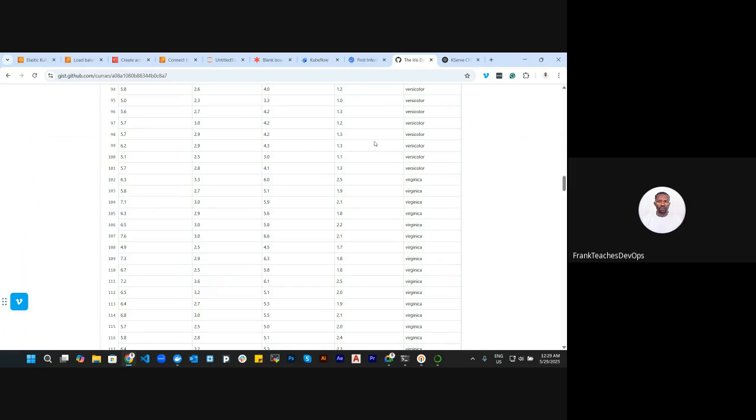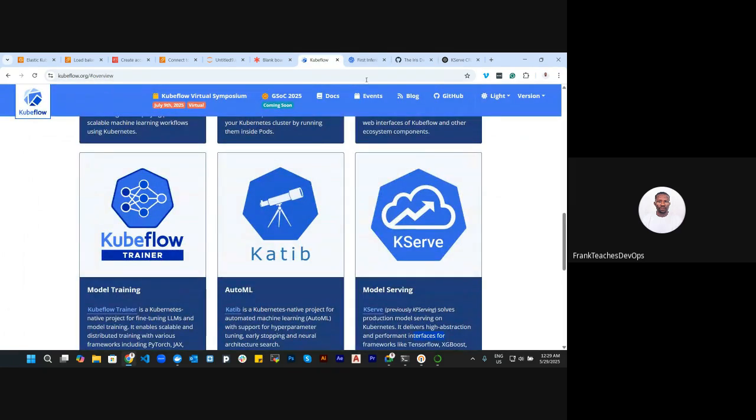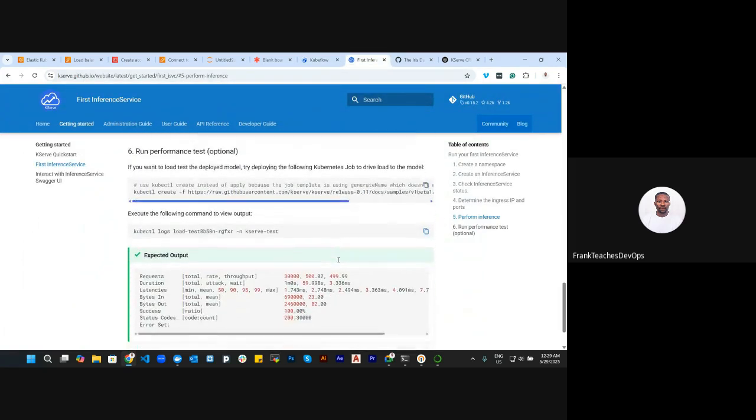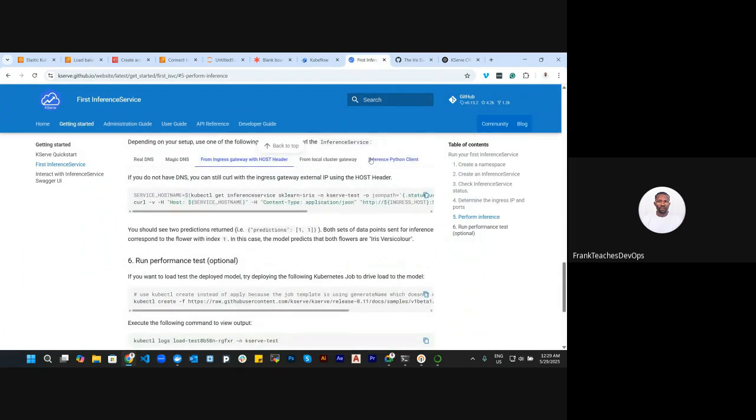That being said, guys, you can see how we've been able to use KServe to deploy our machine learning model within the Kubernetes cluster as an inference service,